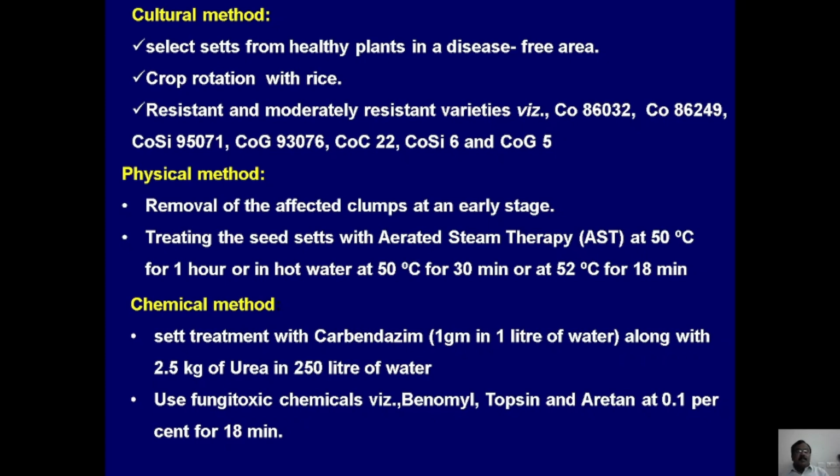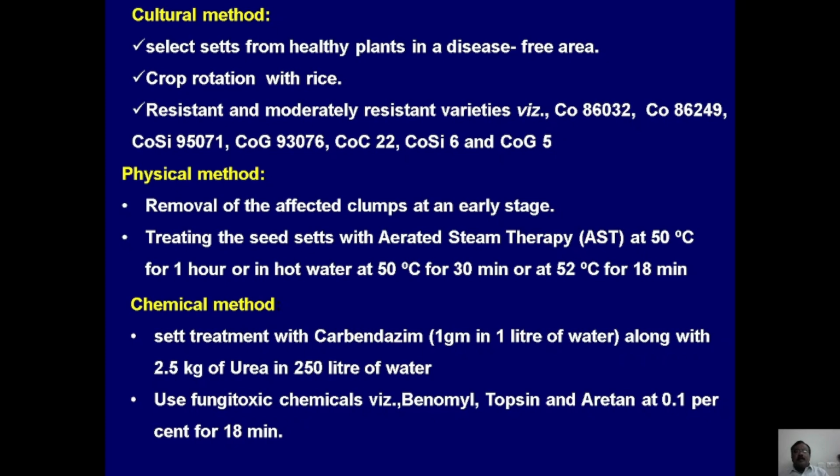The physical method includes complete physical removal of affected clumps at an early stage to avoid further spread of the disease, and then subjecting the seed setts to aerated steam therapy,